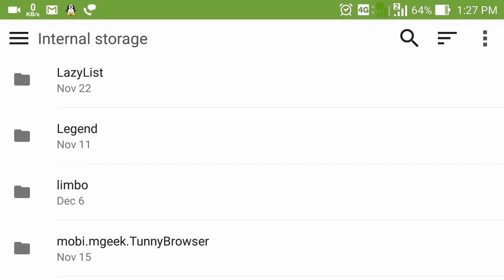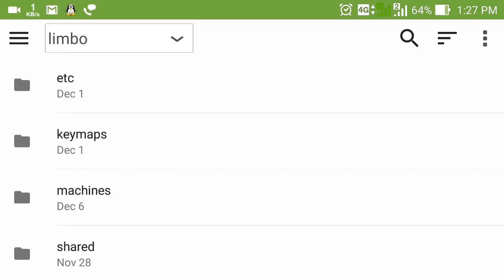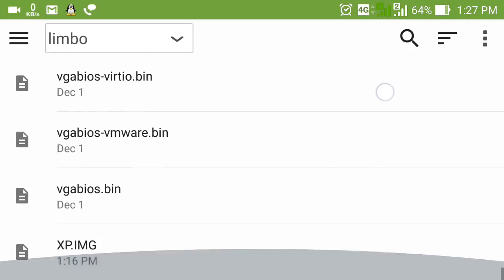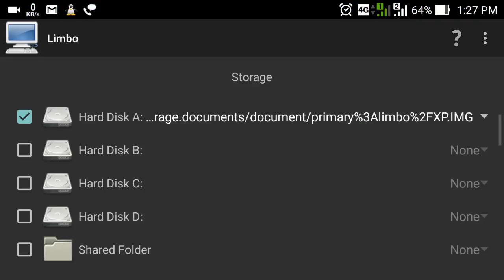You can see there is a Limbo folder in my internal storage. Let me show you. When you open it, you can see I just put the xp.image file in this folder. So I'm going to select it for hard disk A. You can see I just selected a hard disk, and when I click on run, it will boot up